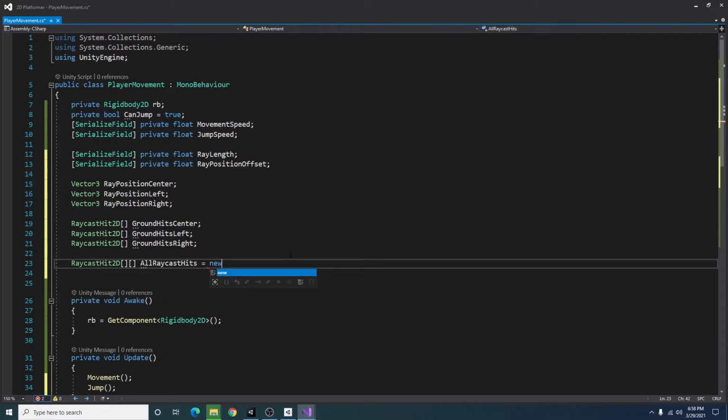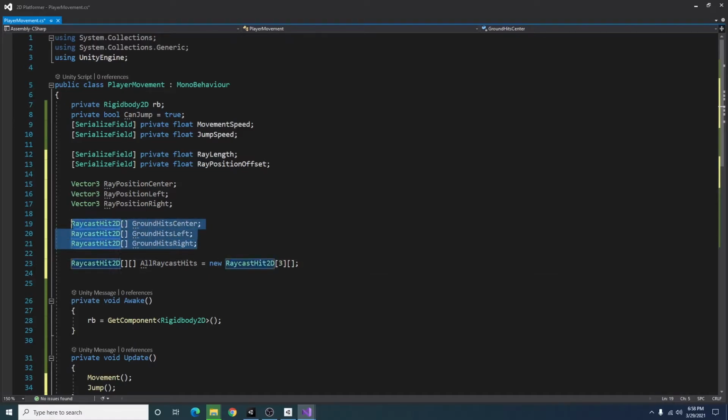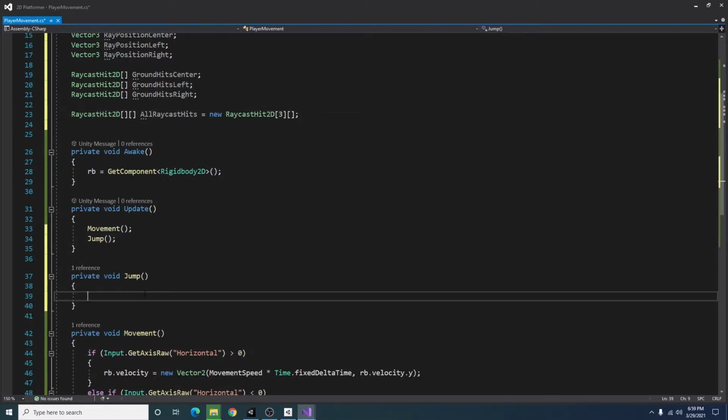I'm setting that equal to a new RaycastHit2D, setting the length to 3. And what that'll hold is just all of these lists so I can iterate through all of them in a later function. So now that we have everything defined up here, I can go back down to jump